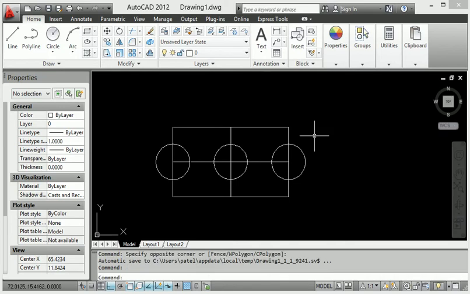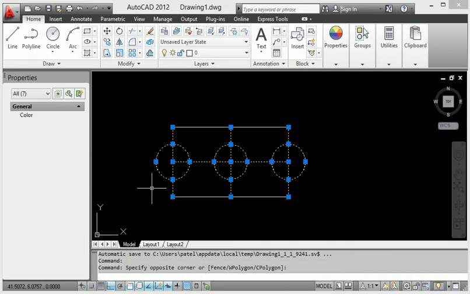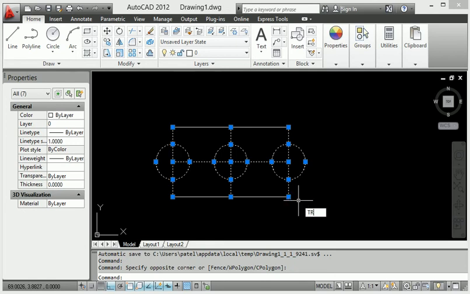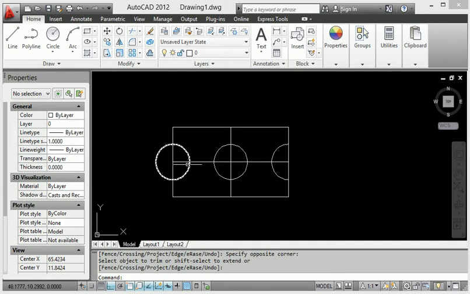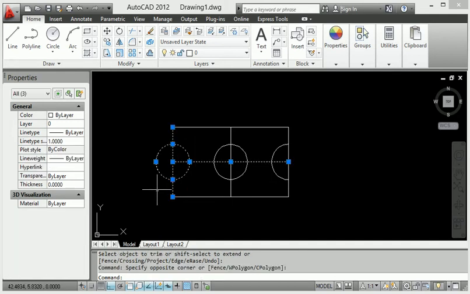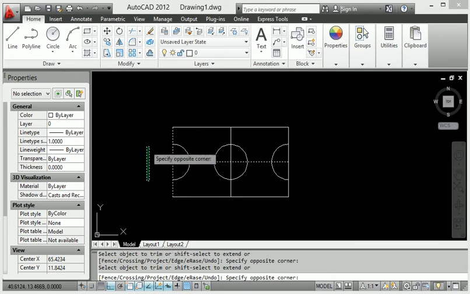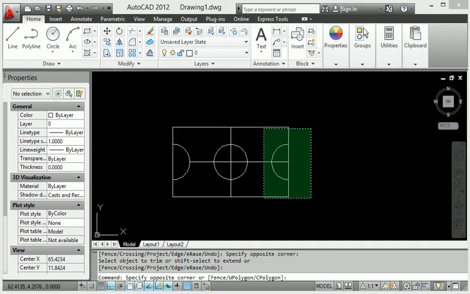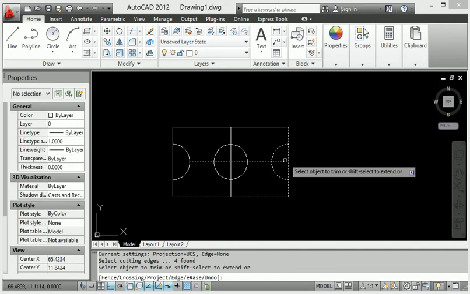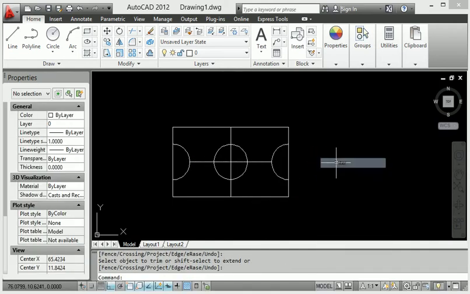So when I select all this and want to trim here, TR, Enter, then trim. But again I want to press Enter here, so select all this and press Enter to apply the trim command, and also trim here and here. If something is not selected, you select it, press Enter and apply the trim. So you know how the repeated command is possible. It is very useful and important.